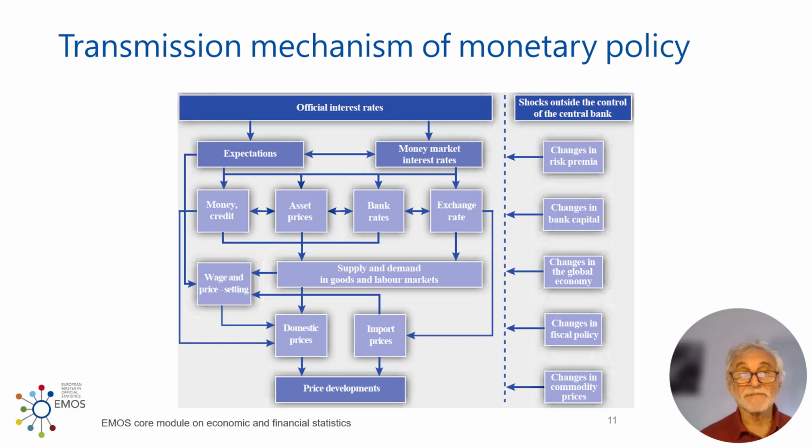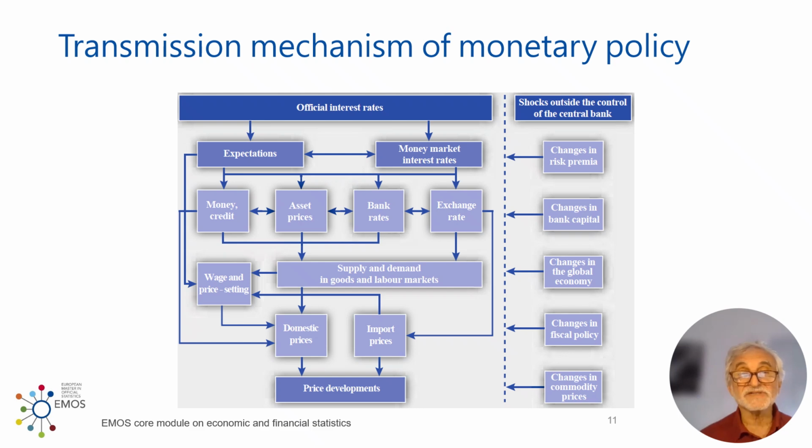If you look at the top right, you see money market interest rates. So when the central bank changes its interest rates, the interest rates in the money market will be affected. The money market is where the big players, so banks, big insurance corporations, and others, are exchanging money among themselves for very short terms, often even unsecured. So if it becomes more expensive to borrow from the central bank, then the money market interest rates will also go up. And once these money market interest rates adjust, they will have effects on the next line.